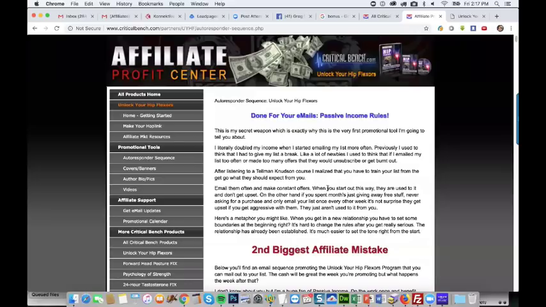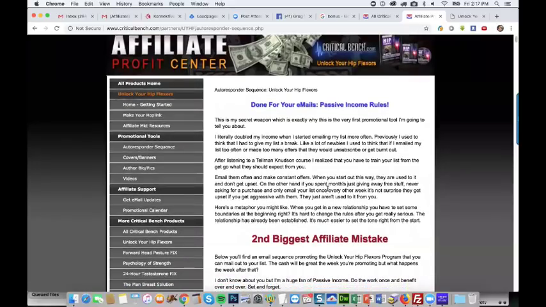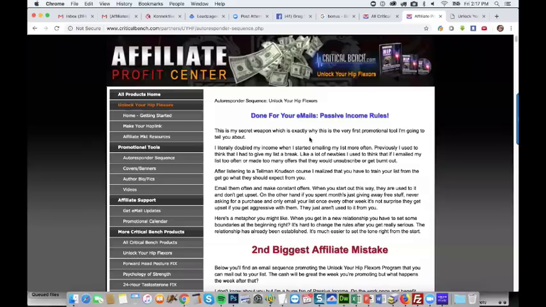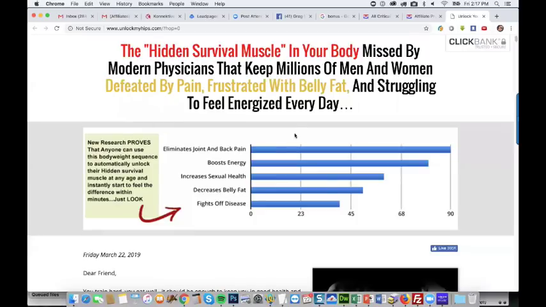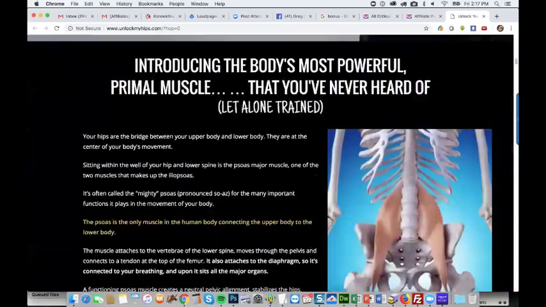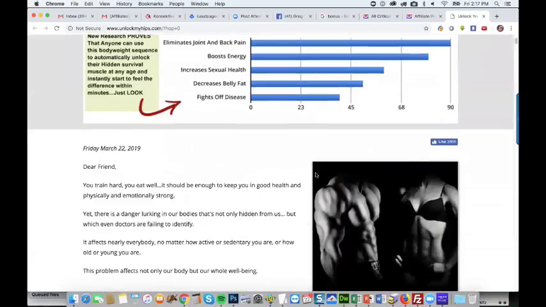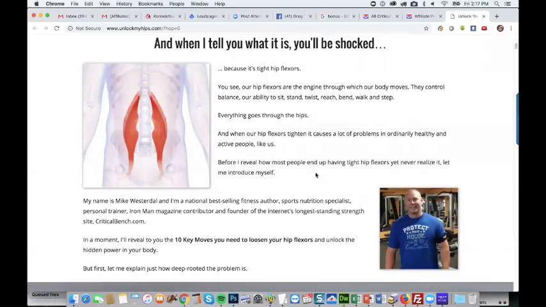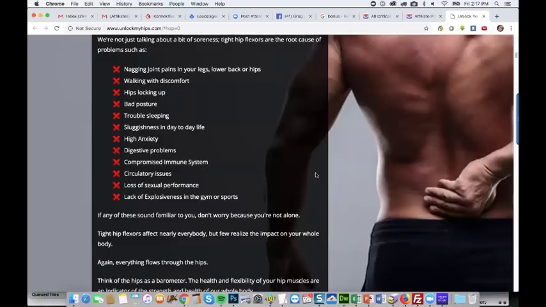Now, we're not going to send people directly to the page that we saw. We always want to use what's called a pre-sale landing page. For this type of page, you could send people directly to it and you would get some sales.